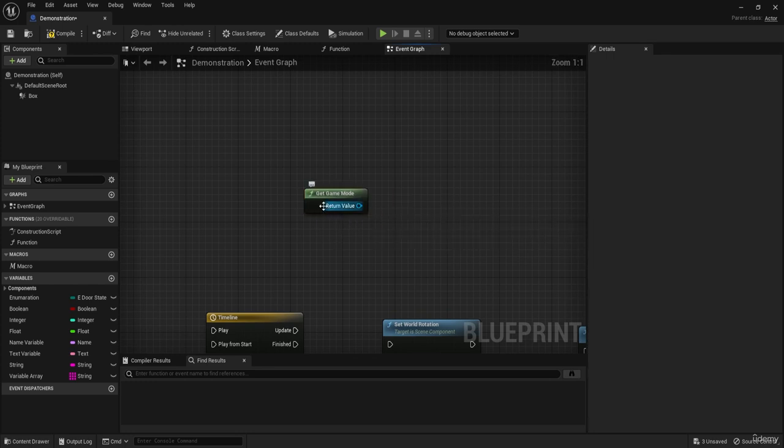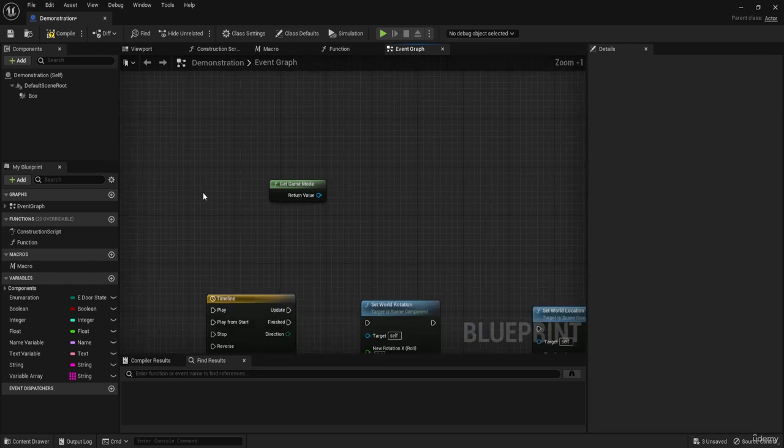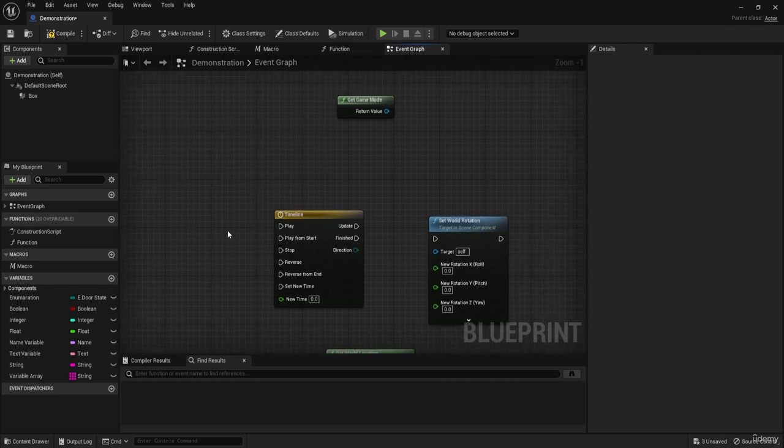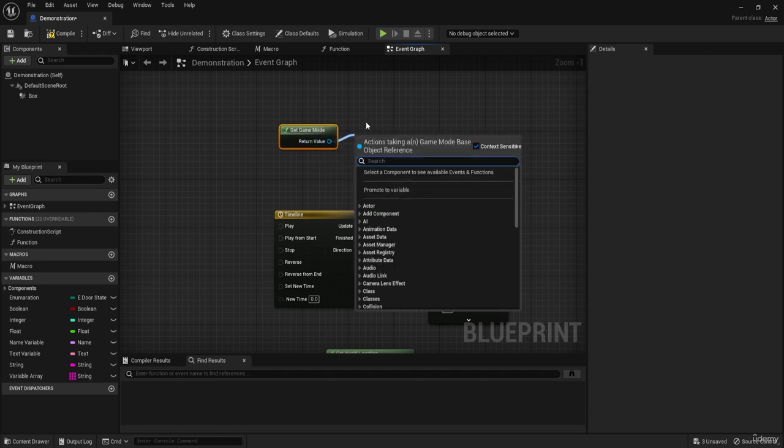Anyway, we have the get game mode, which is, what is a game mode? Basically, it's a set of rules that we have set on our map to happen, and it's a class on its own. And what is a class? Well, it's a small program. It's a type of program. You would consider it as a template for a set of variables and a set of actions, basically. And that would define it as a program. Anyway, we're going to learn how to get our game mode and check if it's our own game mode,